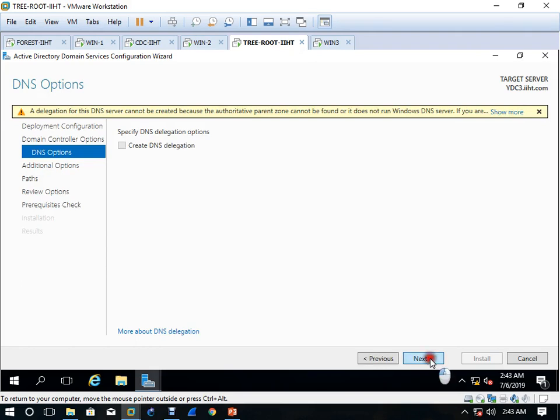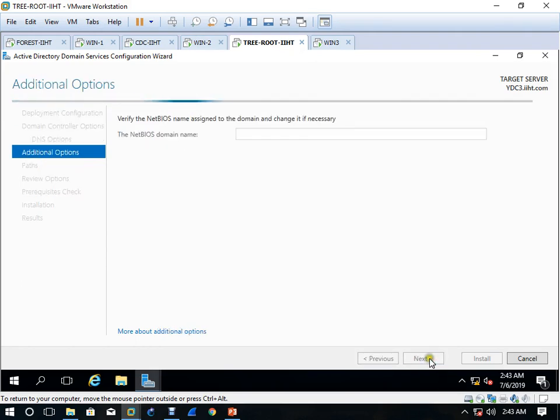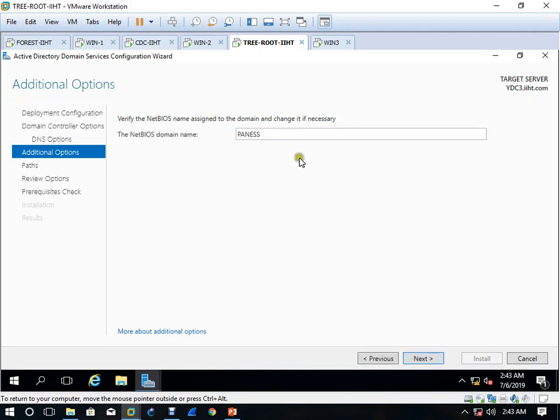It is asking for DNS, and DNS we have already selected. The NetBIOS name is Panis because we are making the tree root with the name of panis.com.